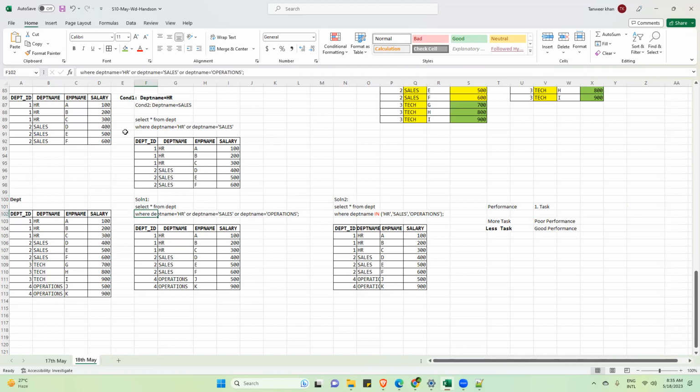In solution 1, first of all, the engine will apply a filter on the department name column. It will search for HR in the entire data. Then the engine will see the next condition, which is OR, because the next condition can be AND, OR or anything else.